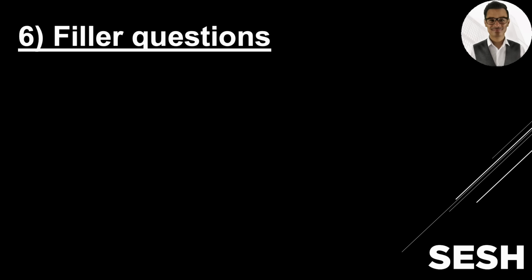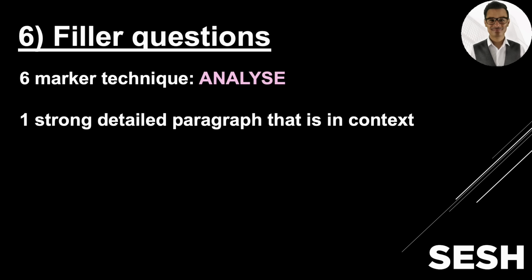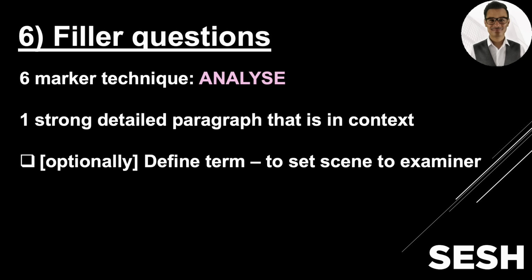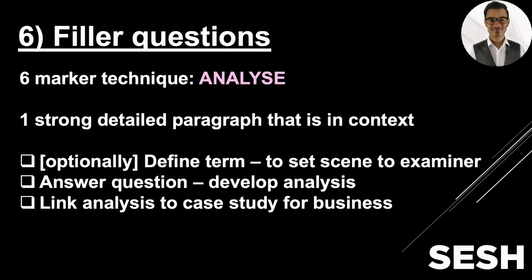Now, I think the most likely filler question that will appear is the 6 markers, analyse type questions. Think of them as like mini 9 markers. So that's 1 strong, detailed paragraph that is in context. Again, you could go for the optional route of define the term, set the scene to the examiner, make it easy for them to understand that you understand the topic. Answer the question, develop your analysis, and then link that analysis to the case study. You have to do that. So really you're just thinking good knowledge, good understanding, good application to the context, and that will get you top